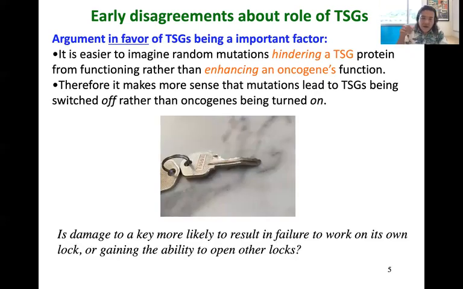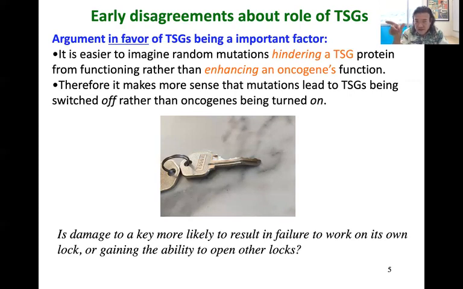Their argument is this. If you think about this, and I think this actually makes sense. Let's say you have a key, and a key represents a three-dimensional shape that's very specific. I mean, that's the nature of a key. The little grooves, the little teeth, are very specific to work in a particular lock. If you were to randomly damage your key, which is sort of like randomly causing an amino acid substitution in